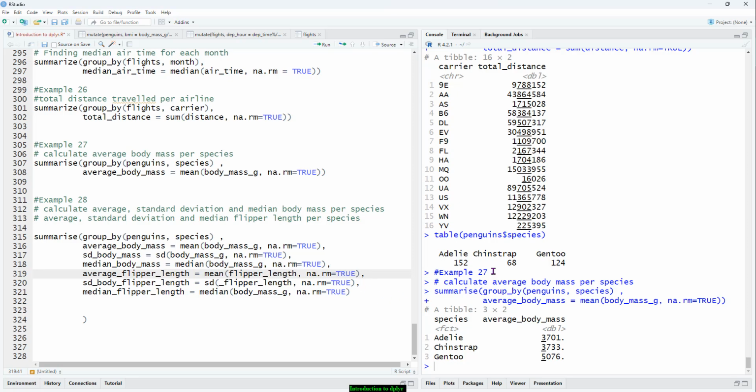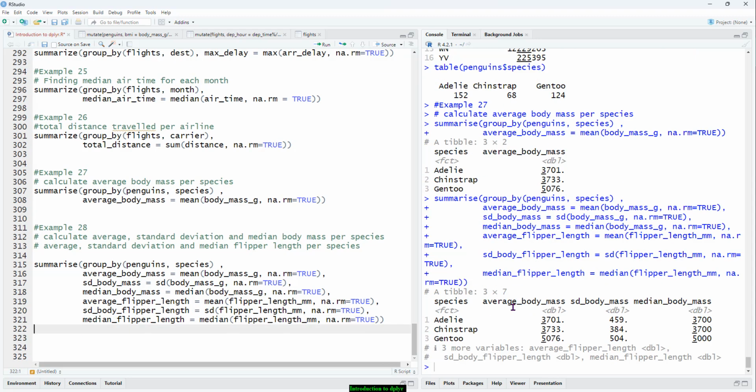Flipper length is underscore mm, right? Underscore mm. So you need to be careful with the name, right? So it changes to flipper_length_mm. So don't forget to close the bracket,